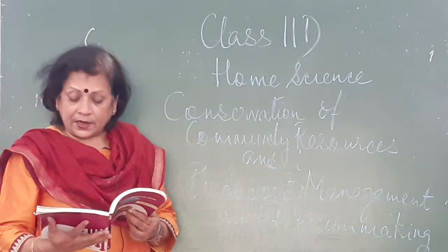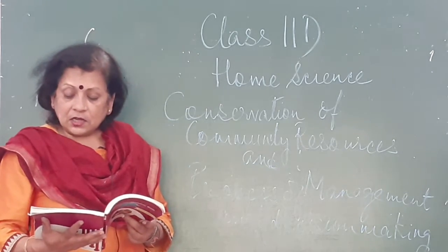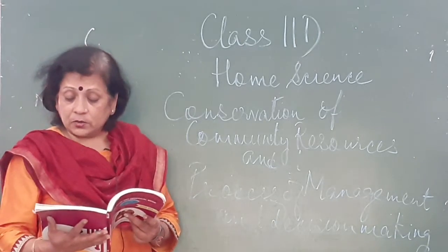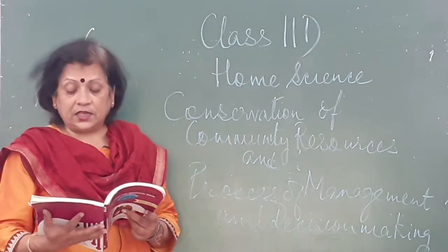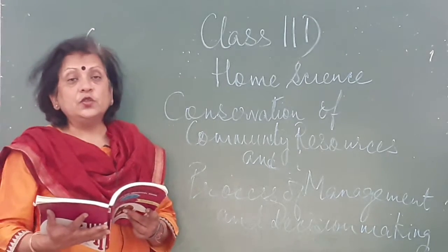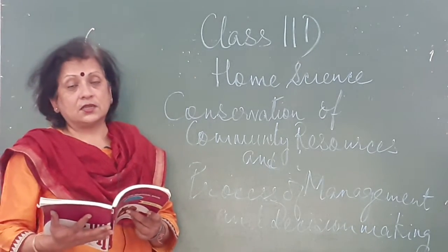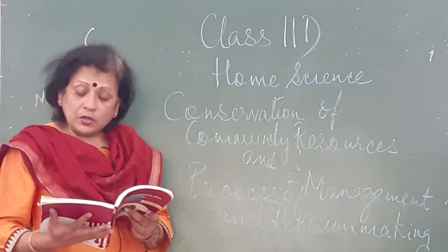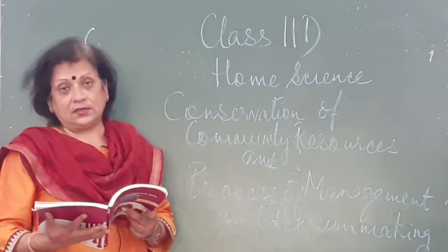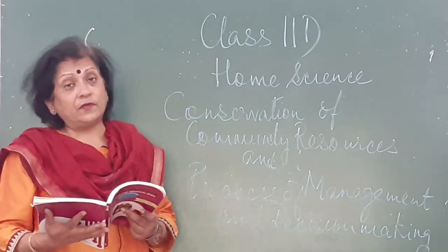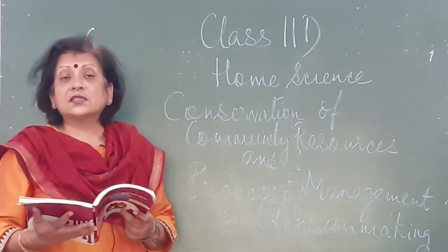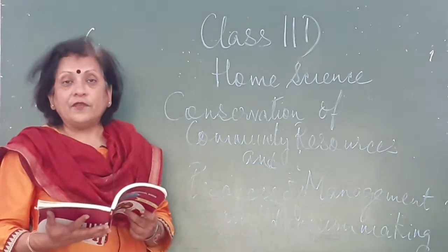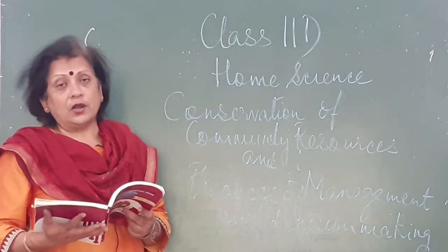So when we do planning, we try to see that the plan is well carried out. It is finalized within a given time frame. The duties delegated or allotted to the different family members are carried on. How it is to be done and what different ways can we use. There has to be flexibility. No plan is successful if it is rigid. A planning process has to be flexible, whether in the office or at home.